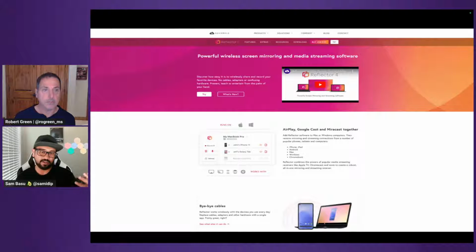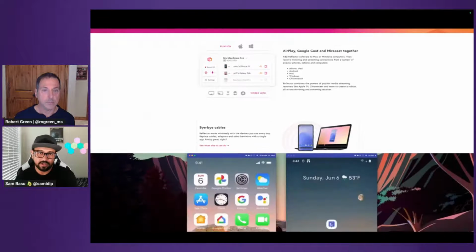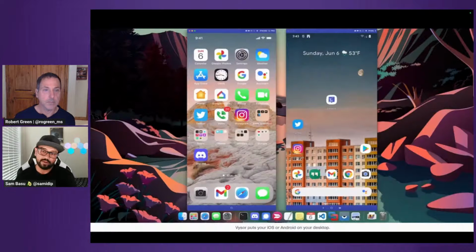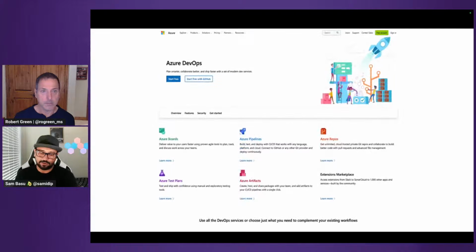Reflector. This is wireless screen mirroring. Works great on iOS or Android. So really, really handy tool. There's also one called Visor. This I think is wired, but again, it works very reliably once you have it wired up, both for iOS and Android. Then there is the whole idea of CI/CD and how do I push my apps to the app